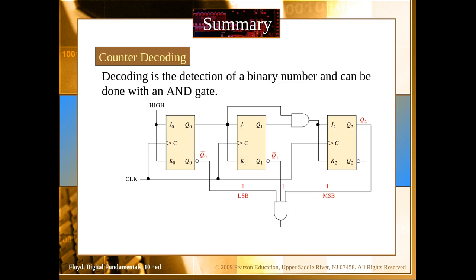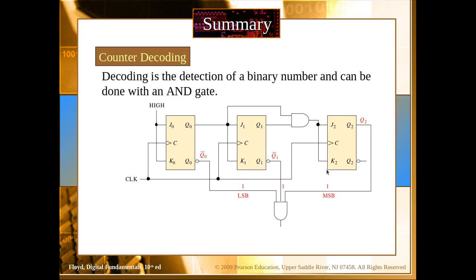Counter decoding is used if you want to detect a certain number from the counter. For example, in this given figure, we have used an AND gate as a decoder, since an AND gate would give an output of 1 if all its inputs are high. Its first input, for the LSB, is connected to Q0 bar, so it would be high when Q0 bar is high. Similarly, the second input is connected to Q1 bar, so it would be high if Q1 is low,